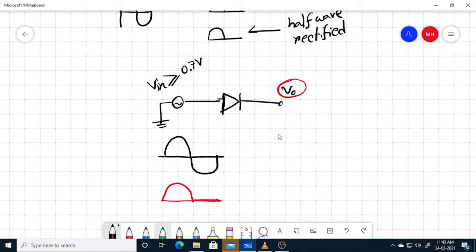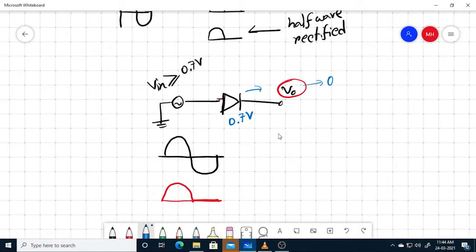Because the threshold voltage of a diode is 0.7 volt. What is threshold voltage? In simple language, if a signal has to pass through the diode, it has to be 0.7 volt or greater, unless the diode will not allow it to go through,